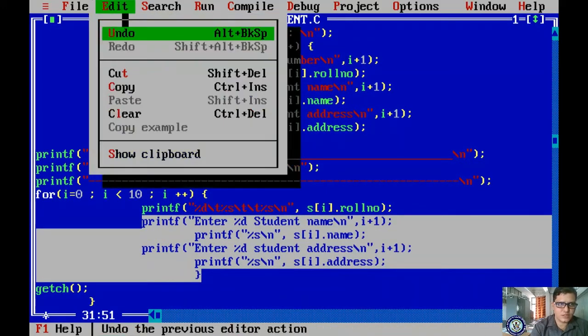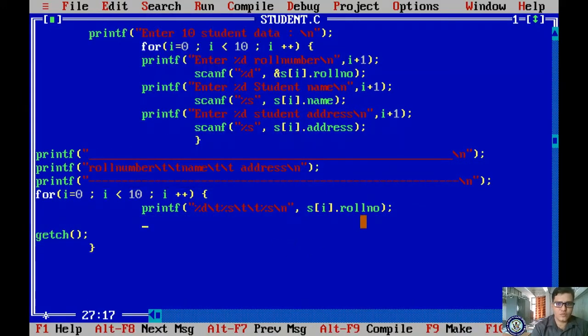I will cut it. Please observe, now I am within one line. What I am doing, I am displaying s of i dot name, comma s of i dot address. That's it. Now let us check.